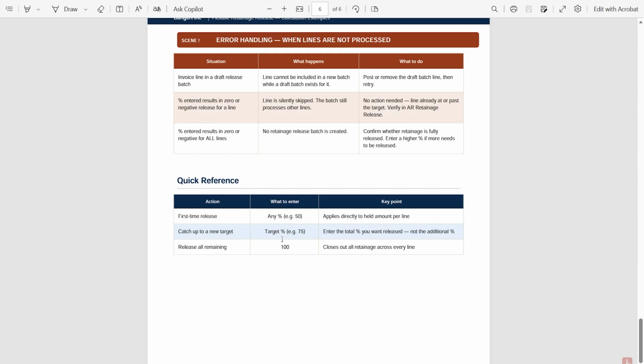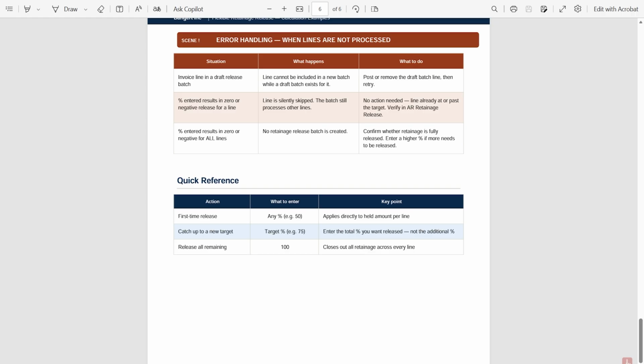So if you've entered 50 and need to now release 75%, just enter 75%. Enter the total percent you want released, not the additional percent. So it's going to be the total amount you need released on the contract to catch up to the new target. If you need to release all remaining retainage, you'll just enter 100%. And this closes out all retainage across every line.